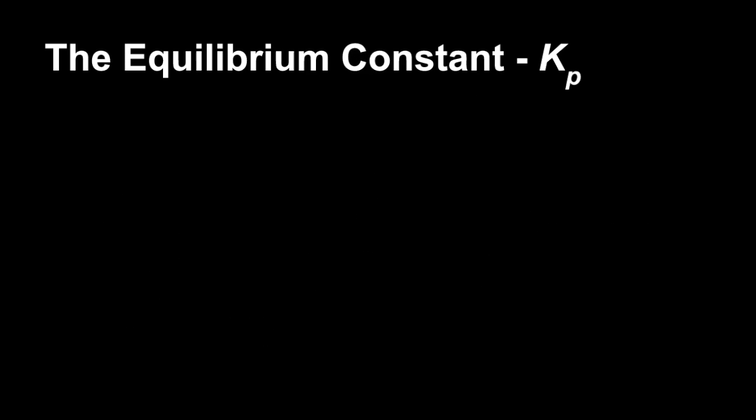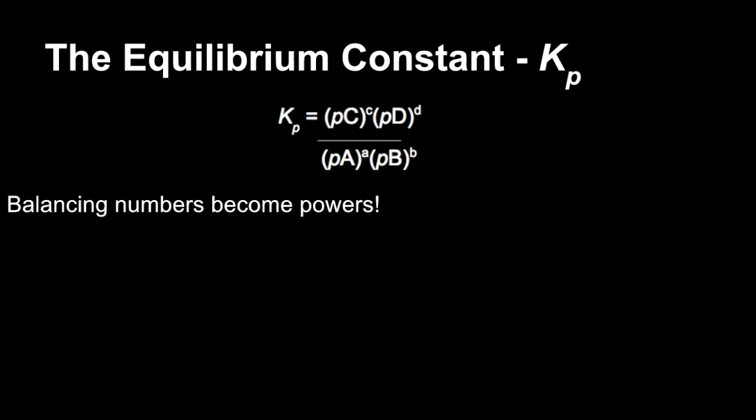So if we move on to the equilibrium constant for gaseous equilibrium now, so that's Kp. So Kp is equal to the partial pressure, that little p stands for partial pressure, of the products, so the C and the D are products, and that's divided by the partial pressures of the reactants. Again, the balancing numbers become powers, so the lowercase c, d, a and b would be the balancing numbers in